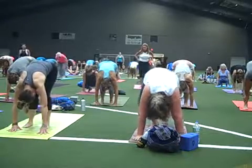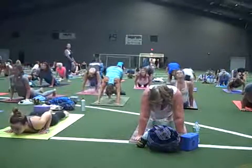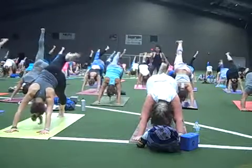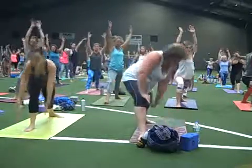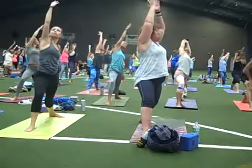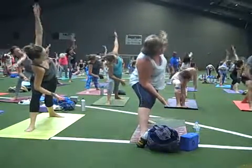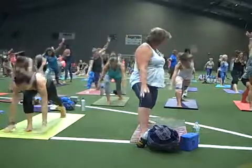Plant your hands, walk or jump back, plank pose, fly, chaturanga, get the weight off, upward dog, deep breath in, downward dog, huge inhale, huge exhale, right leg up to the sky, warrior 1. That's it. Arms are up, open it up, warrior 2, reverse warrior, left hand comes up, meets, open it up, warrior 2, right angle, three big circles, left arm circles. On that third time, sweep yourself up to warrior 2, inhale, exhale, windmill the arms down, press back, plank pose,